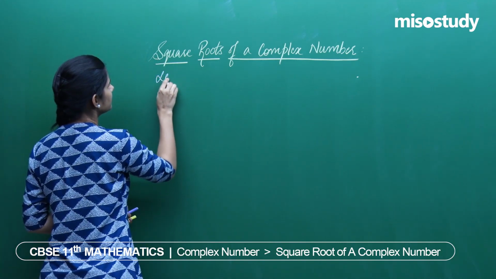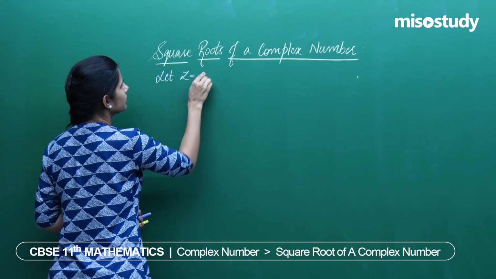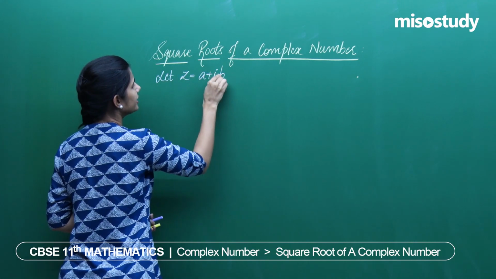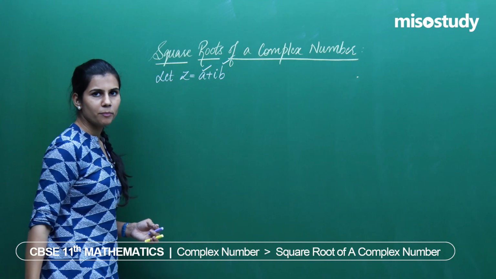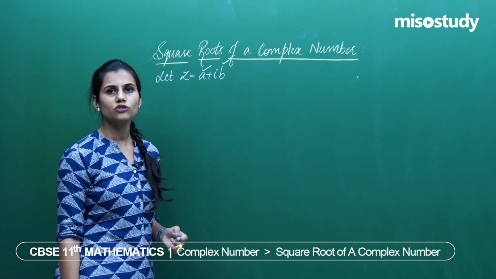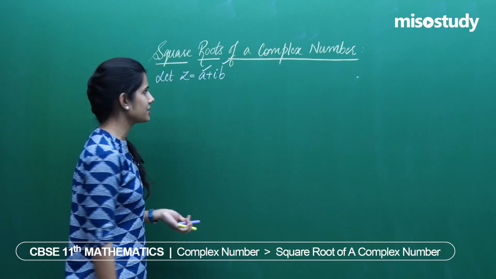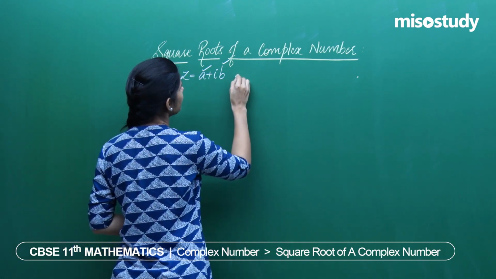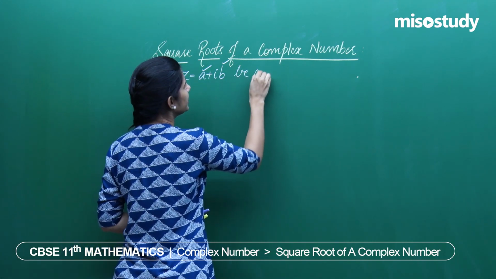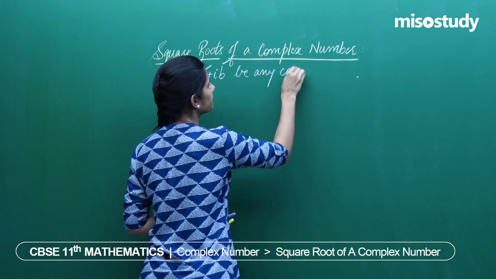Suppose I take this complex number I had taken, and I was telling you that if you have this complex number, that means you are aware about the value of a and b, which is sitting over here, actually making this complex number a plus iota b. Let z equals a plus iota b be any complex number,